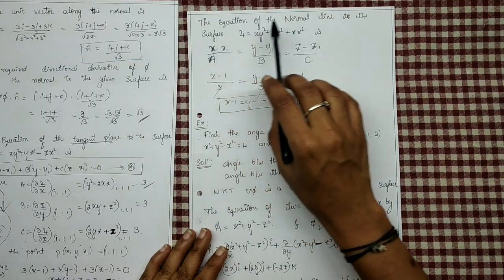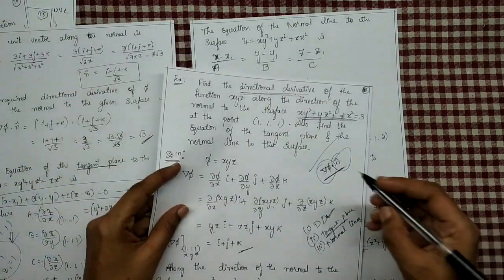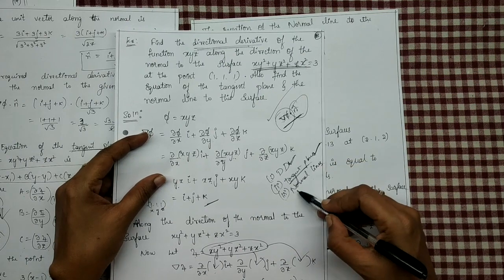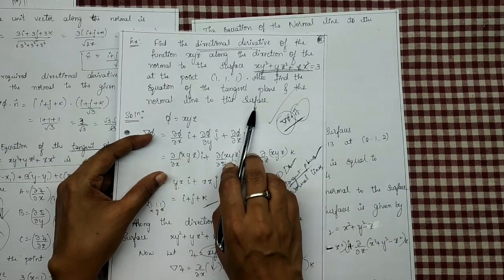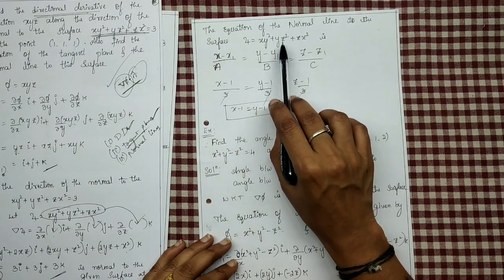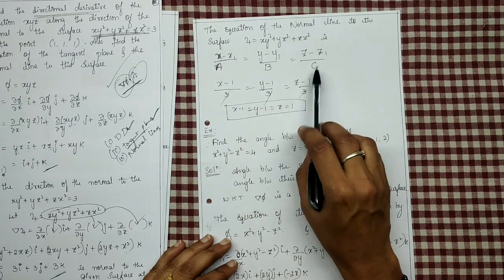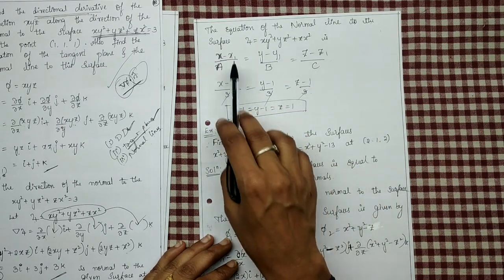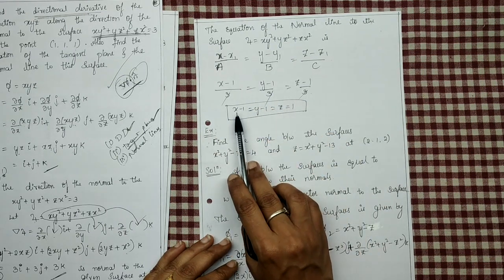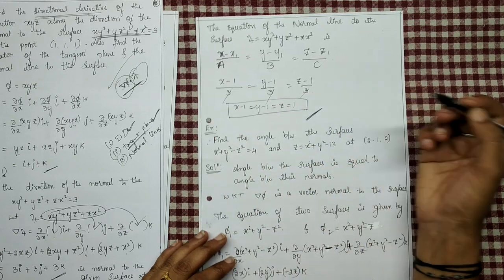Now we have to find the equation of the normal line to the surface. We found the second question now. We found this tangent plane. Now we have to find the normal line to the surface. What is the surface? The surface is this. We already found the a, b, c values. The equation of the normal line to the surface is given by x minus x1 divided by a is equal to y minus y1 divided by b is equal to z minus z1 divided by c. a, b, c values are already found, and x1, y1, z1 we already know. So just substitute and simplify. You will get x minus 1 is equal to y minus 1 is equal to z minus 1. This is the equation of the normal line to the surface.